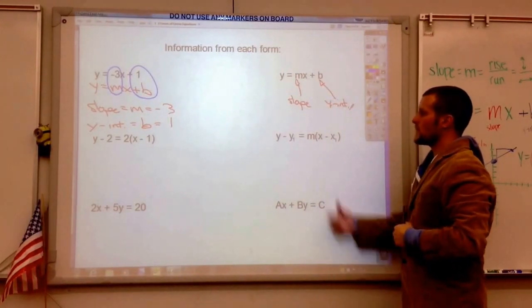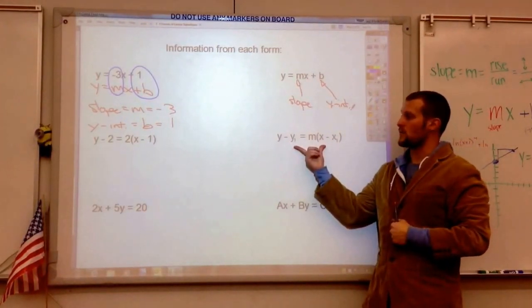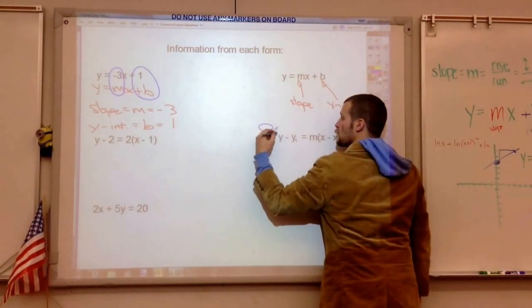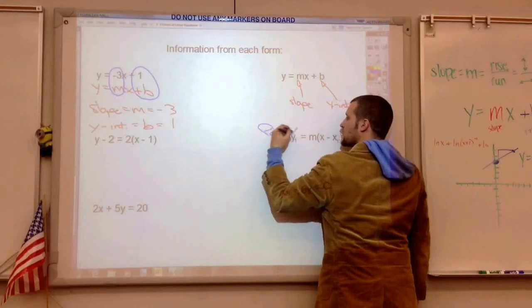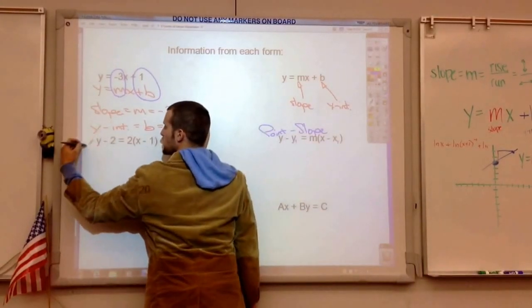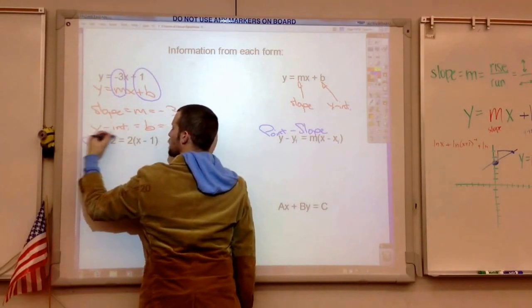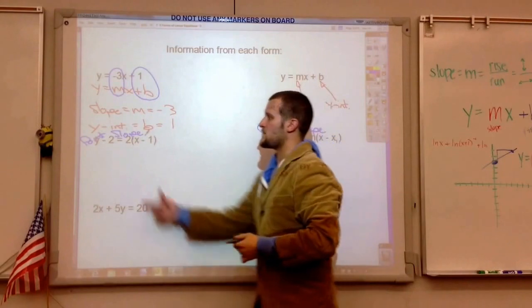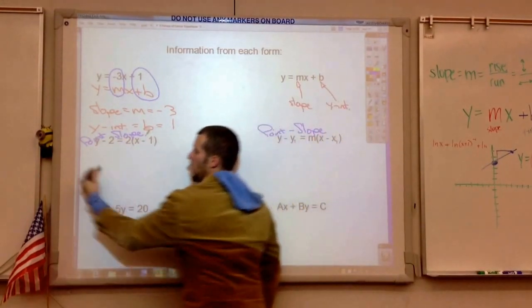Next example. Here we're looking at point slope form. I'll go ahead and label it. This is point slope. So over here is also point slope. So it should make sense, if you know the name of it, that we can pull a point